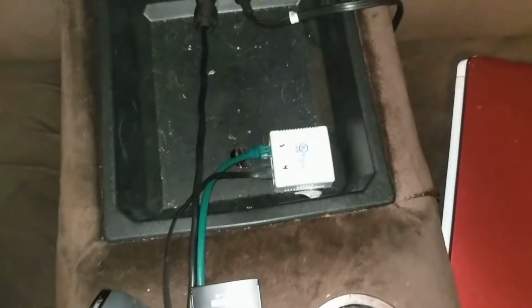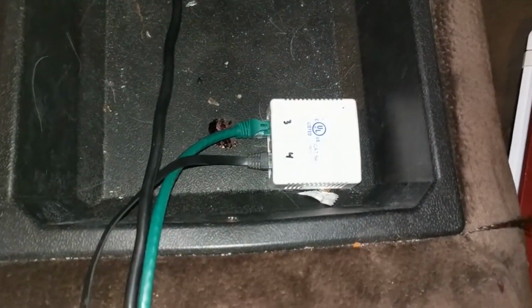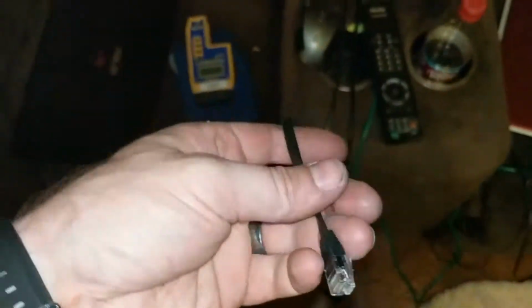So I have this fancy little setup in my couch here because, you know, need network ports on the couch. But anyways, number 4 here is not currently working. It goes right here. I'm actually going to start off here by just plugging in